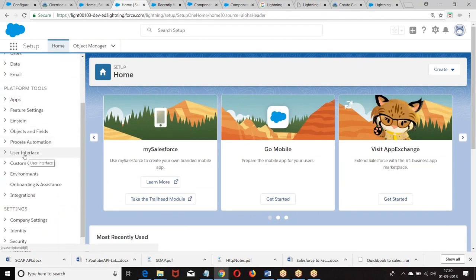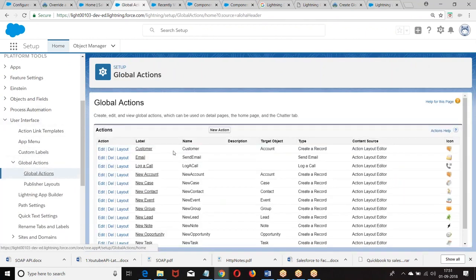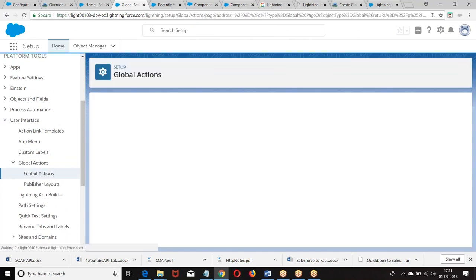Under this we are finding user interface. Under the user interface we are finding global actions. Go to the global actions. New action.